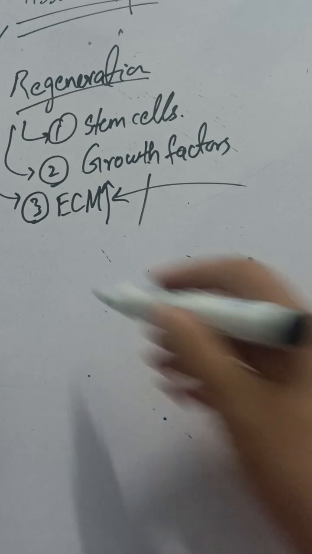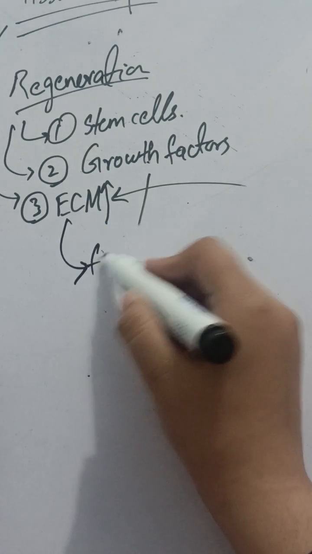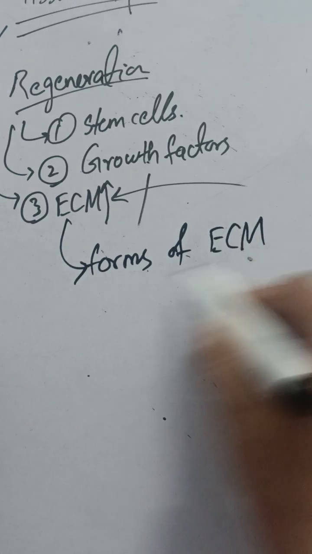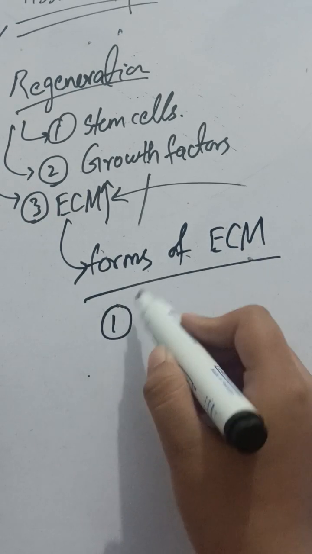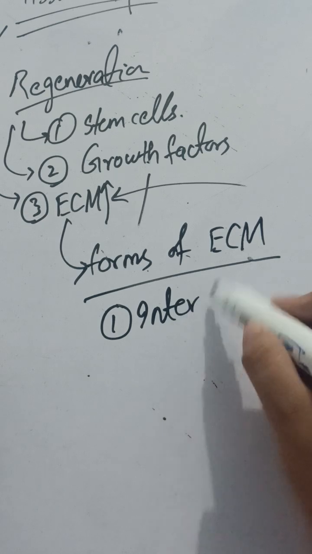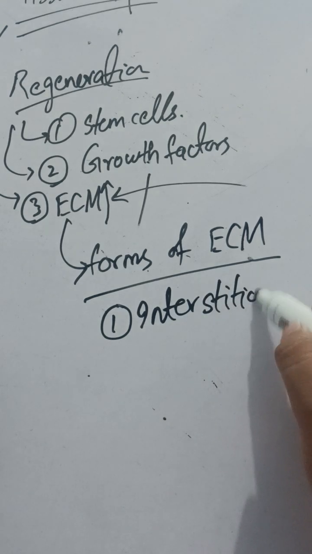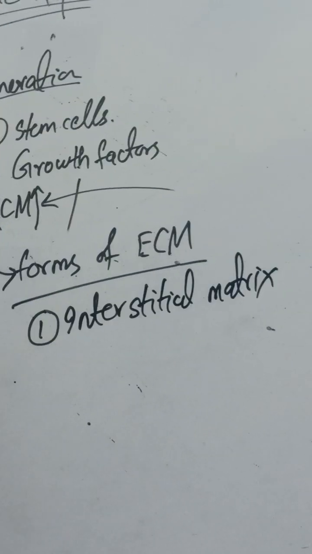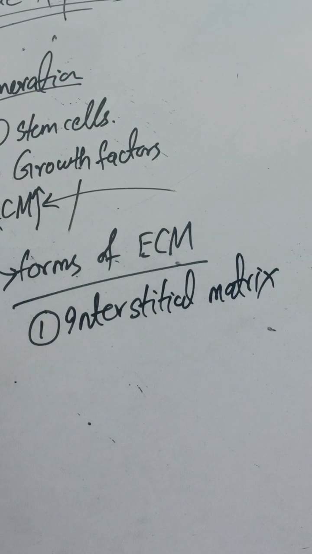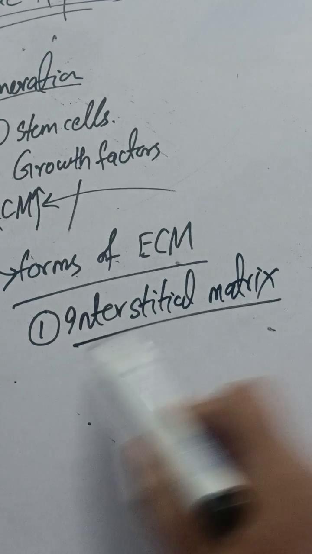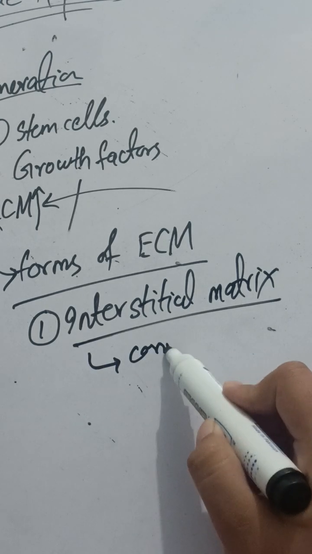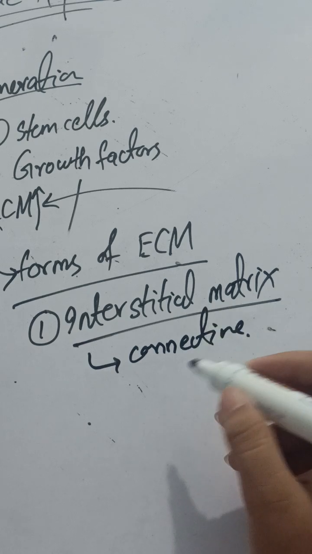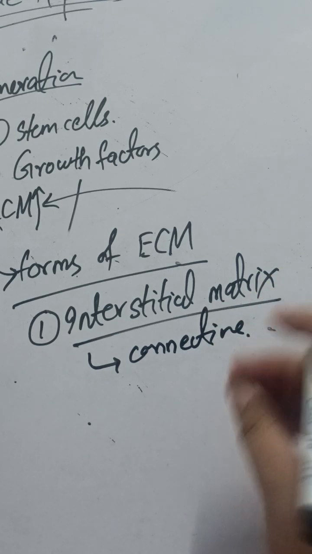Now your ECM has two forms. First form is the interstitial matrix. Okay, this matrix is mostly found in the connective tissues, and it is composed of a lot of kinds of proteins like collagen,